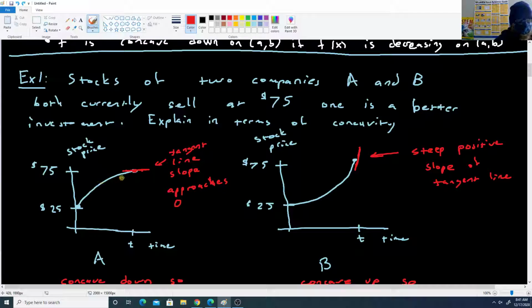And if this one continues to be concave down, eventually what's going to happen is the graph will turn around like that, so you'll start losing value. If this one continues to be concave up, the graph will continue to increase at an increasing rate, and that means you would make more